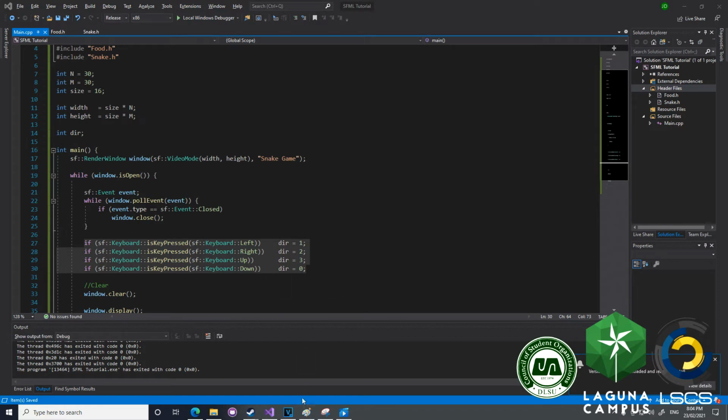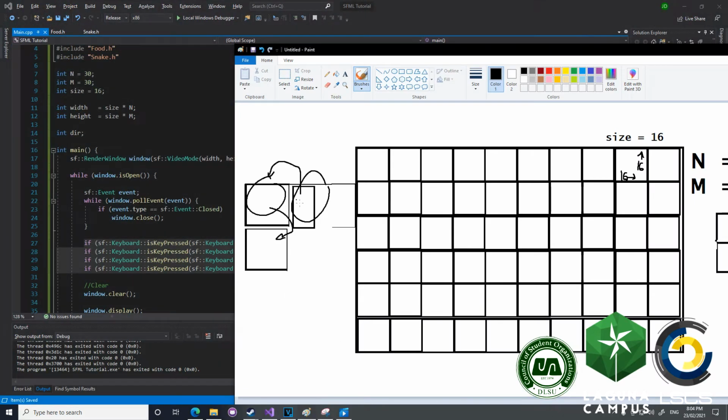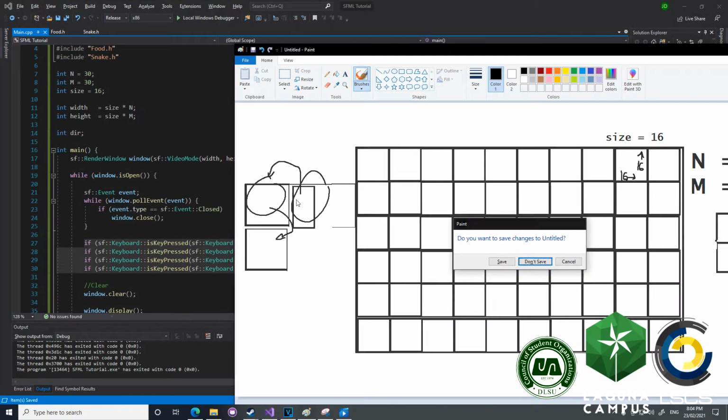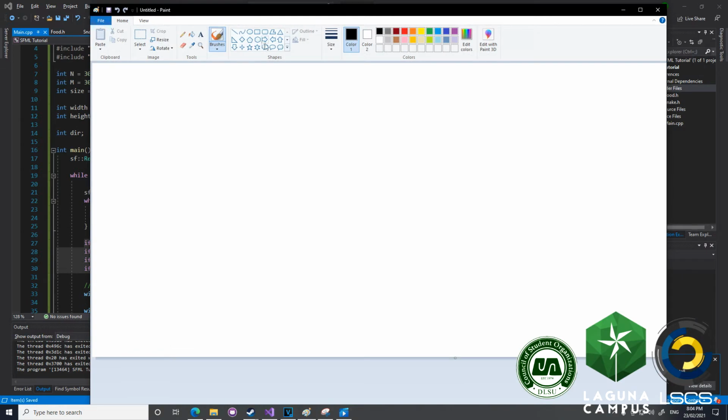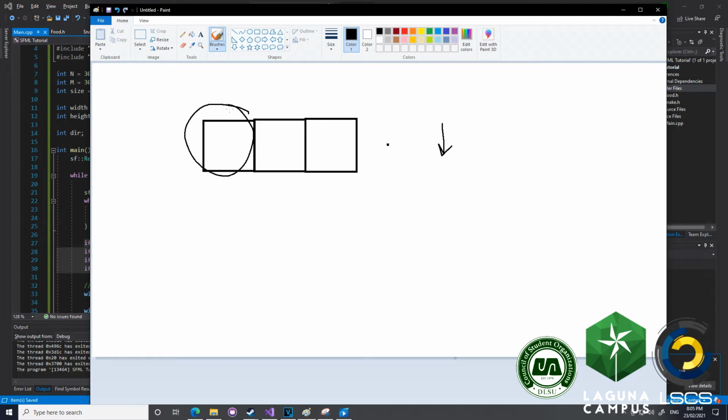How a snake game works is actually a bit complicated, so I'm just going to show how that works. In snake, we have these blocks which make up the player who's controlling the snake. Let's say we have 3 blocks of a snake, each with different x and y positions. In this example, it looks like all y positions are the same, right? So if the player inputs, let's say, down, then the head of the snake, aka this one, needs to go